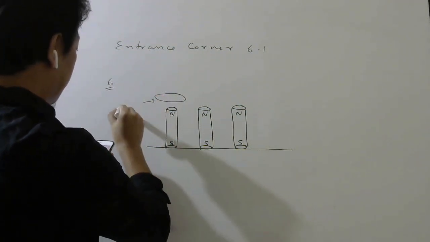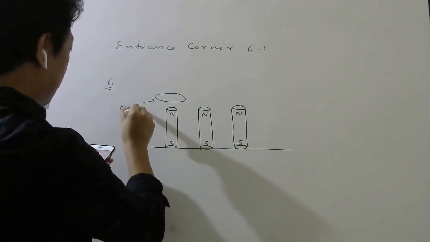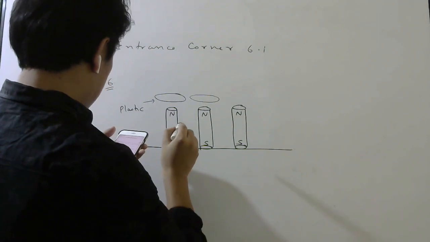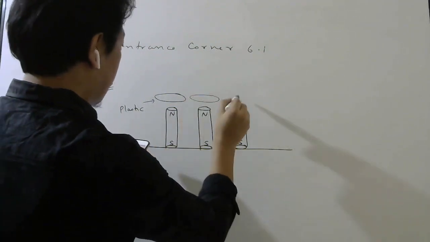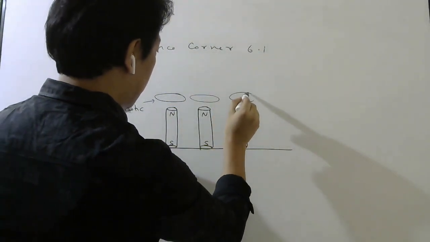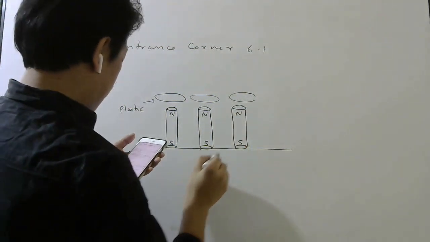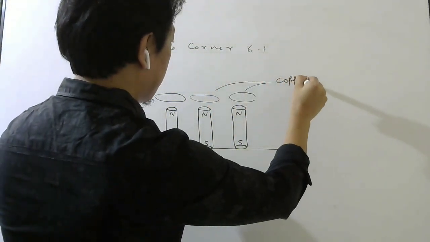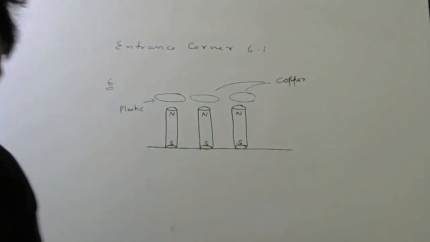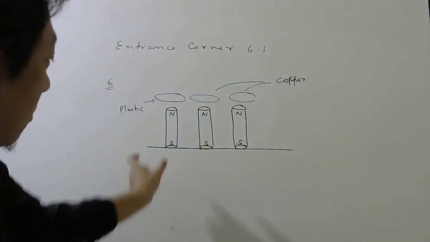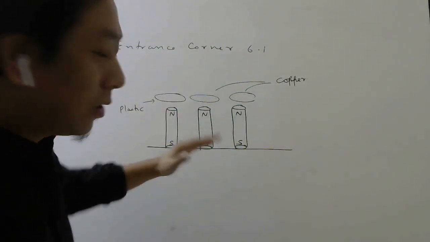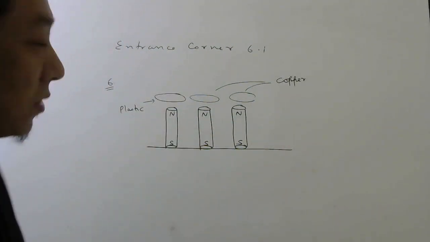Now here the ring falling is a plastic ring. Here the ring falling is a copper ring. And here also it is a copper ring, but it is cut. So these two are copper. Now look carefully. Which will reach the bottom first? Why will they not all reach together? So let us see what happens.